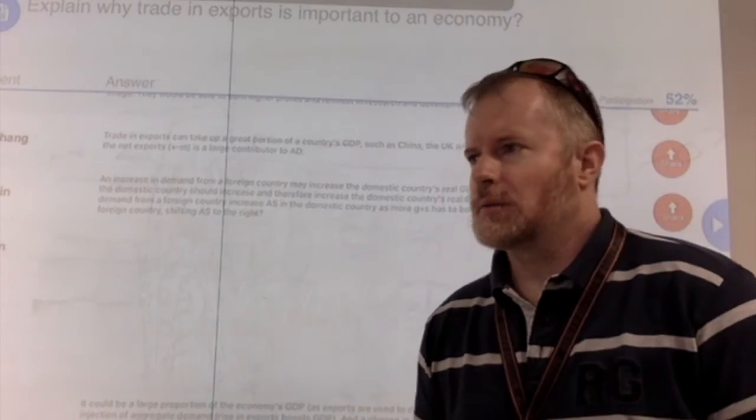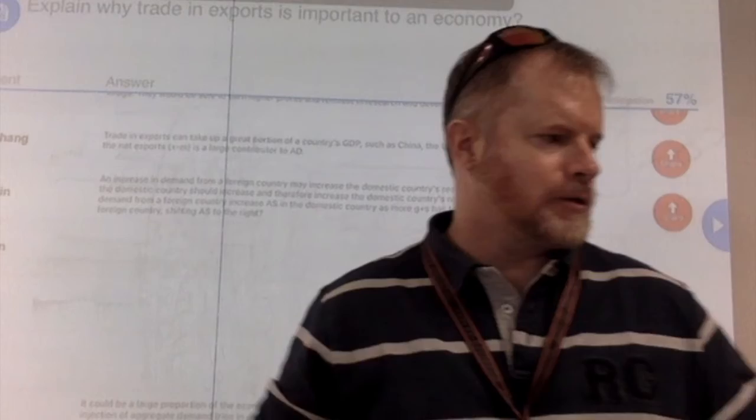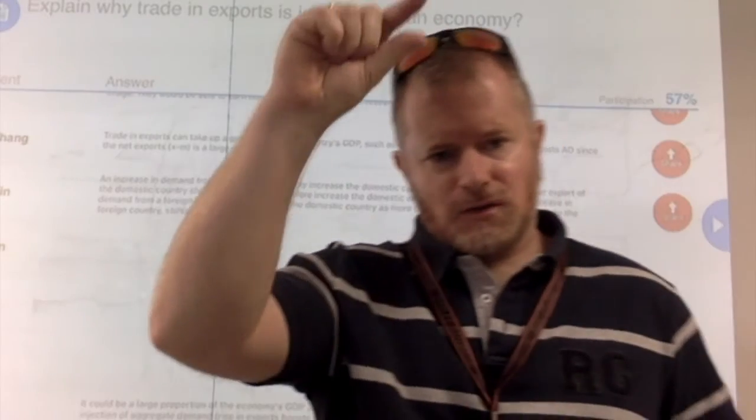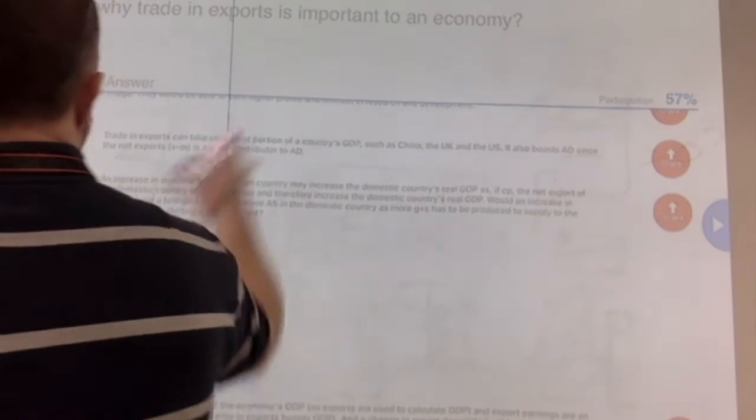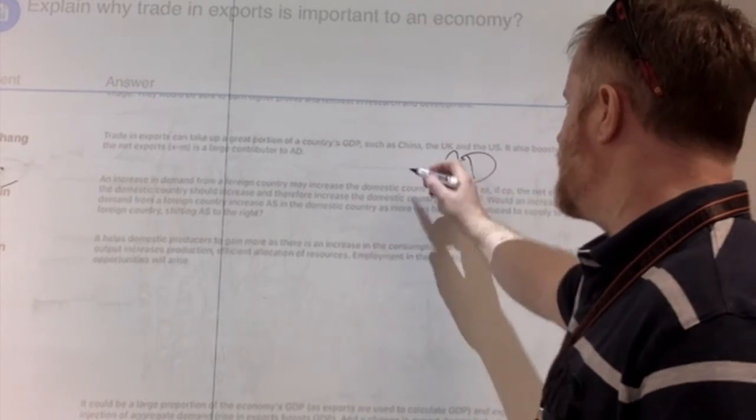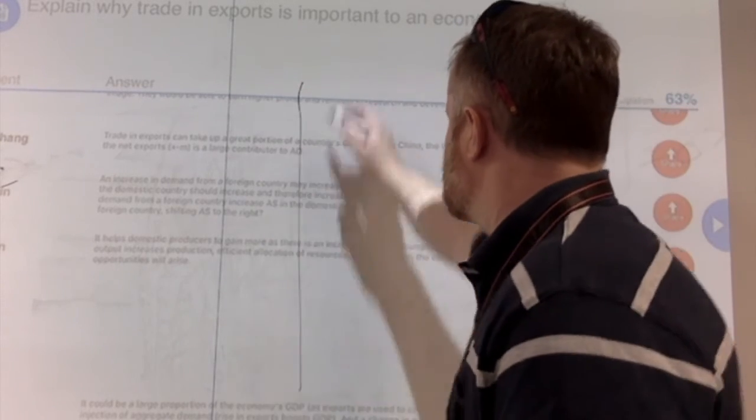What I used to do in my notes is have perhaps a little code, or even just words, down the side of the page. That would be the triggers that I needed to make sure I'd included in my answer. So if you were talking about the macro economy, yes, you talk about aggregate demand. I can't see where I'm writing. Yes, you talk about aggregate demand.